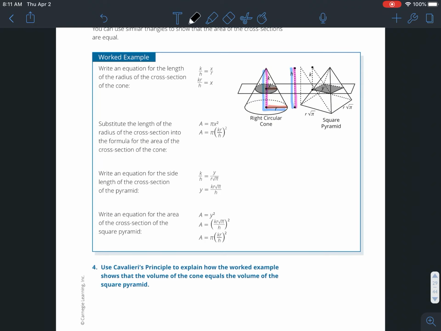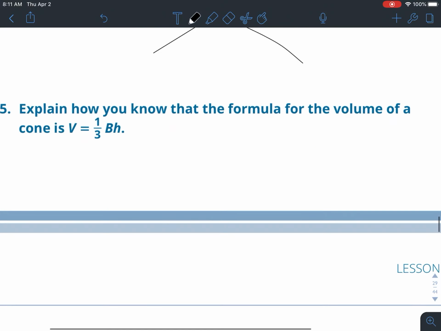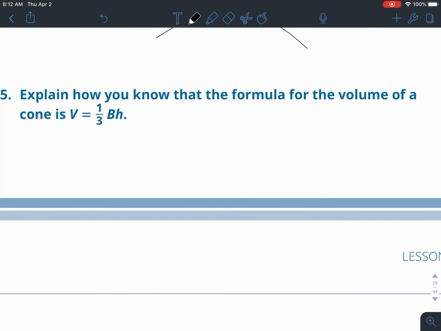Actually, we can just skip 4. 5 we can do. It's asking us to explain how you know that the formula for the volume of a cone is V equals 1/3 base times height. So we can sit here and say that this,